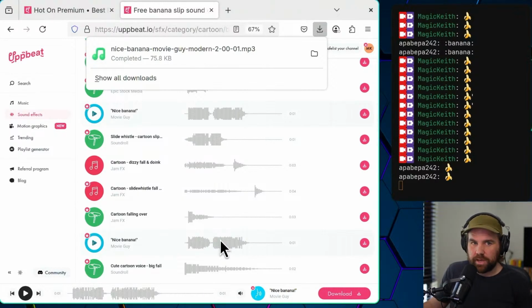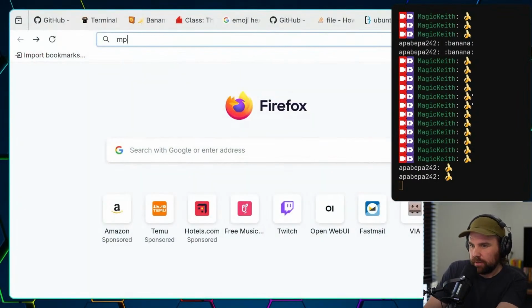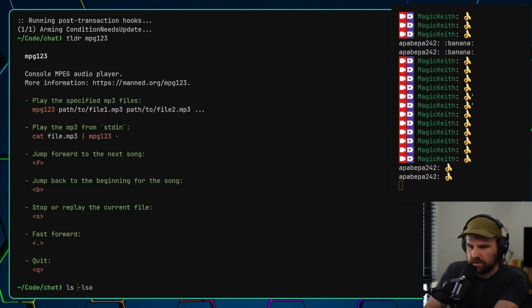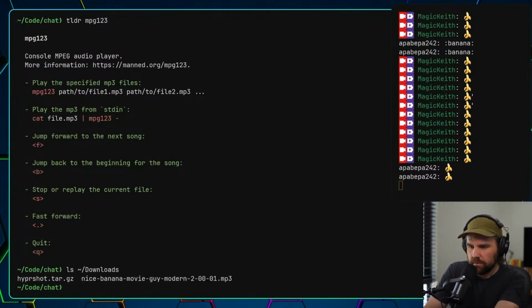Okay, I've got my MP3. All right, let's have a look. Is it in downloads? Is there a downloads folder? Yes. mpg123, Downloads, nice banana.